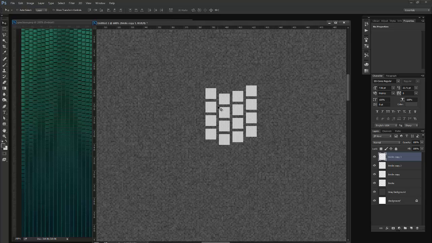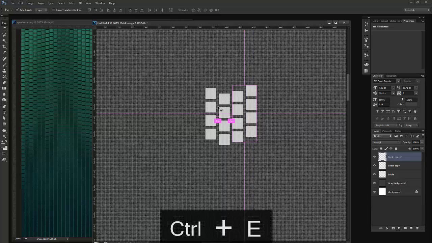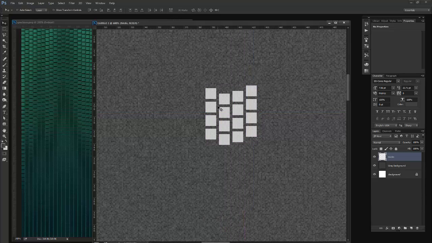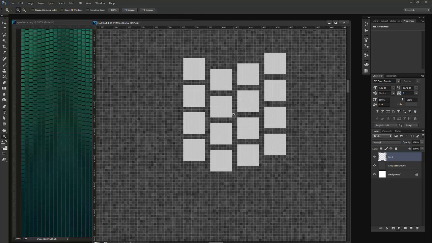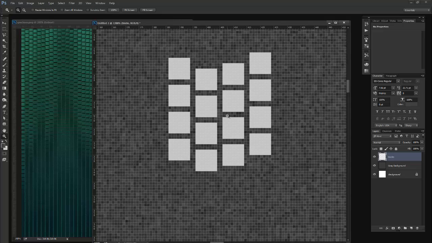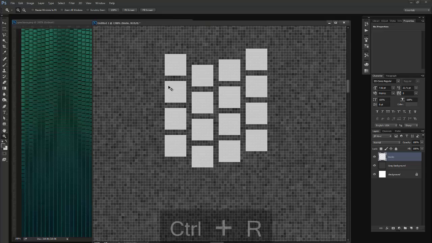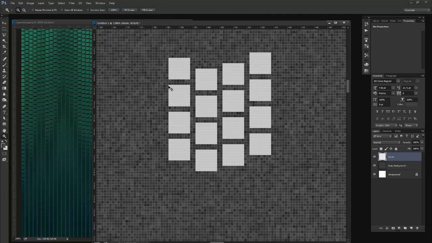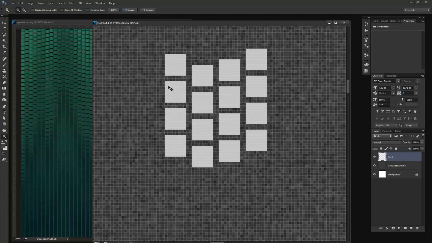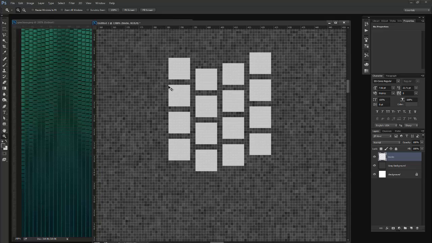Okay, so now the trick is, let's make this into a pattern. So I'm going to press Control E a couple of times to merge all these layers together. We just want our bricks layer all in one, all our bricks into one layer. And let's zoom in one more time. We've got to find our repeatable edges here, the seams of how we're going to build this tile. If you press Control R on your keyboard, you'll get the rulers if you don't already have those up. You see the rulers toggle on and off as I press Control R. So let's turn the rulers on so we can drag out some guides pretty easily